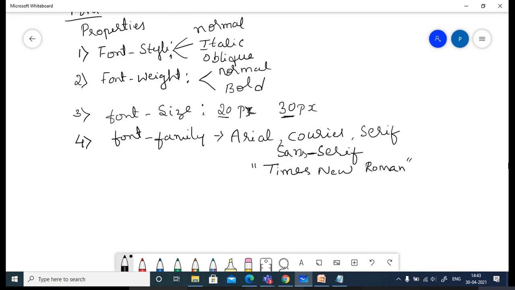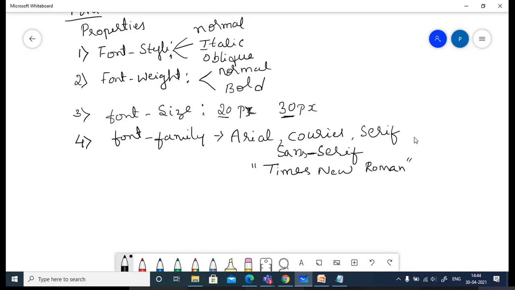If I specify more than one value, why do we need that? You need to make a practice of specifying more than one value for the font family, because some of the font types are not supported by some of the browsers. Okay, that is due to compatibility issues. To avoid that, you can specify more than one font family name in the property as a value.